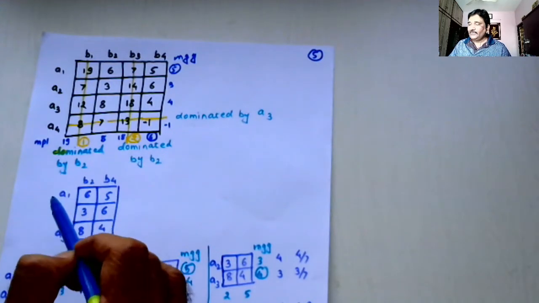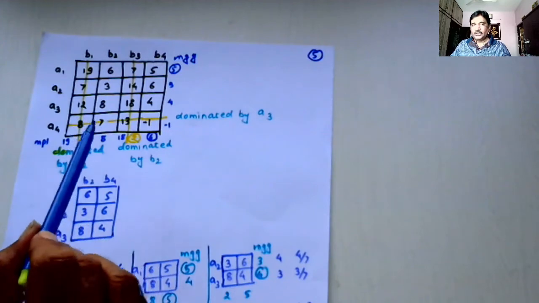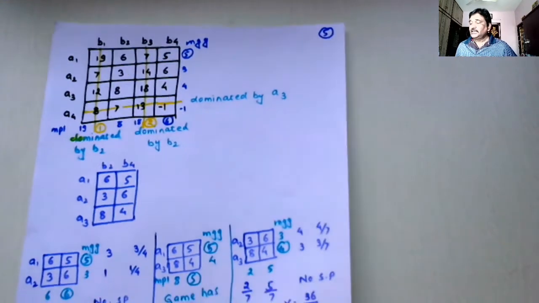Player A has A1, A2, A3. From this game, B1 and B4 have been eliminated. B1 and B3 have been eliminated. Now, player A will be using only two courses of action because we have already seen that the number of